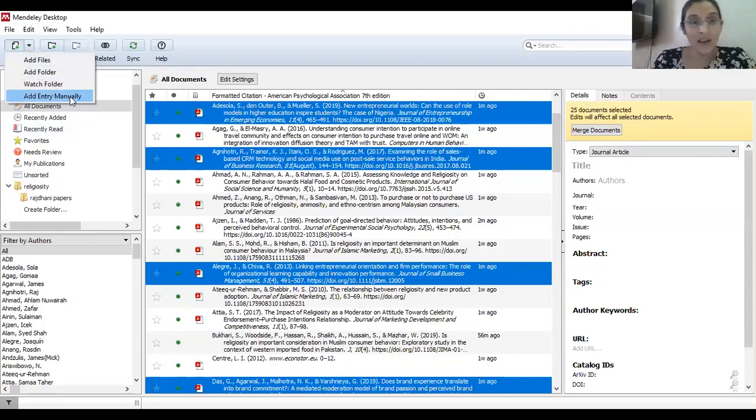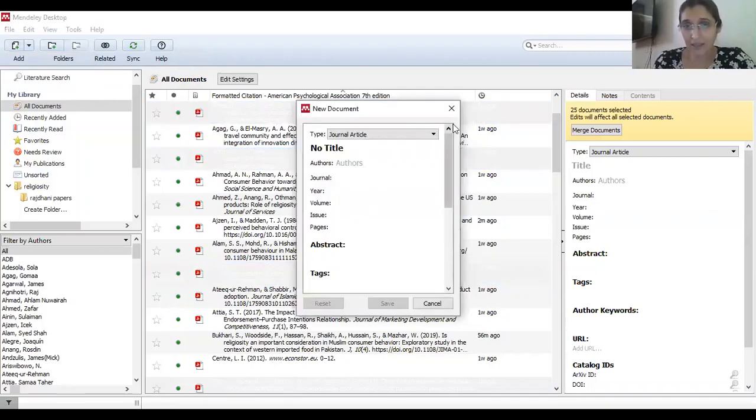Now all of you go to the last option, add entry manually. You will see this box. Can you see the small box saying new document? Yes, very good. Here, please add any one paper from your folder, but add it manually, which means now I'm